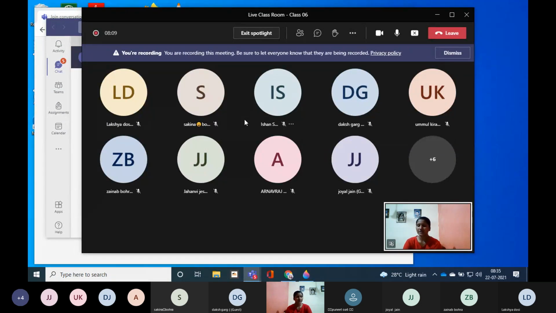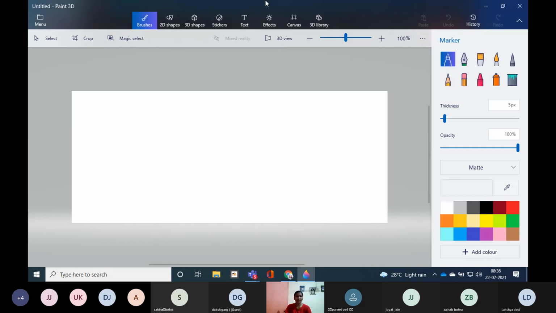Okay. Now the next topic is end products of photosynthesis. Two end products of photosynthesis are glucose and oxygen. We all know the reaction occurs: carbon dioxide plus water in presence of sunlight and chlorophyll gives glucose and oxygen. So what is the end product? After that arrow, only two end products are coming. First is glucose, second is oxygen. This is the reaction. I'll write the reaction.